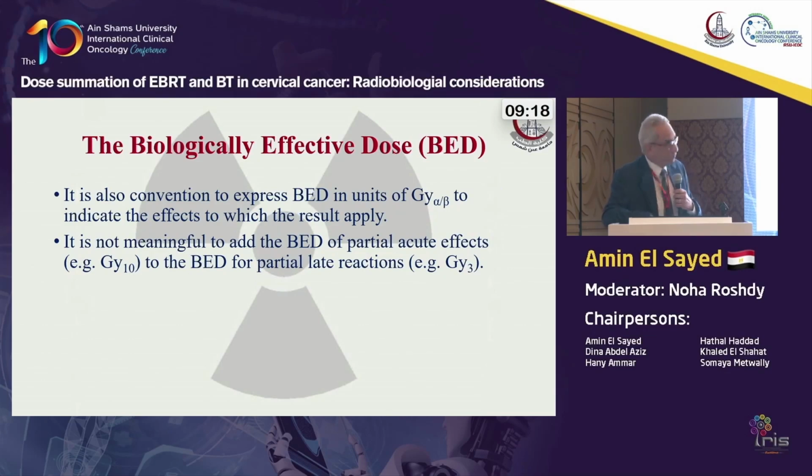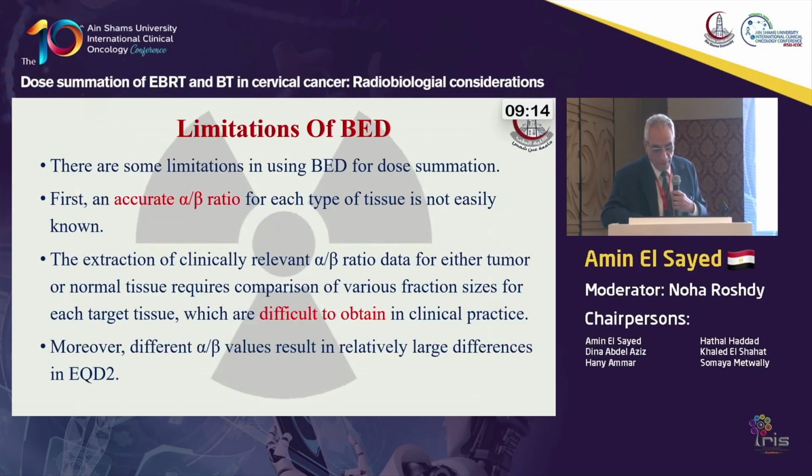I'm trying to avoid any repetition. The only problem of that equation, as I said before, is that it's very difficult to obtain the specific values of alpha over beta for each tumor or for each organ at risk, especially, of course, for brachytherapy, especially also for using high dose, because